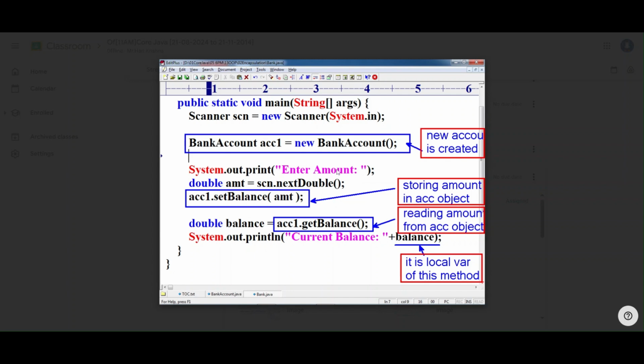System.out.println "enter amount". double amount = scn.nextDouble(). acc1.setBalance(amount) stores the amount in the account object. double balance = acc1.getBalance() reads the amount from the account object. System.out.println "current balance" plus balance. It is a local variable of this method.